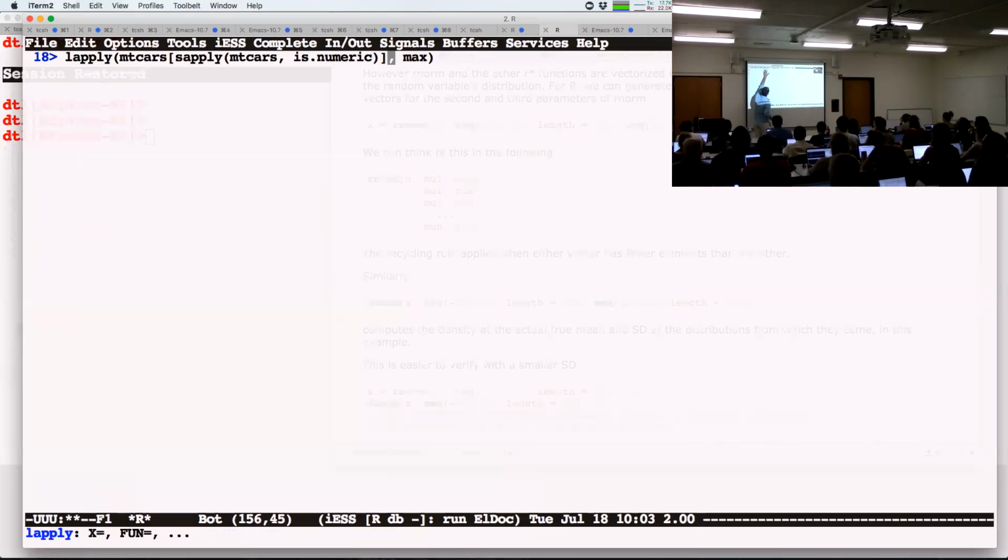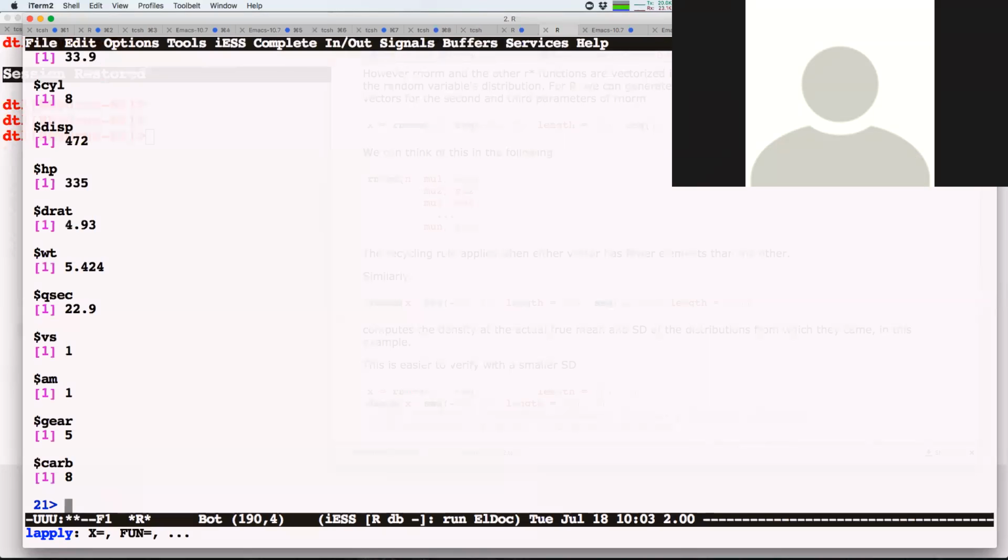So what does this do? It says go subset the columns, because remember, this is a list, so I only need one dimension. I can put in two if I want, but it doesn't matter. It identifies these guys. is.numeric says true or false, depending on whether it's a logical or a numeric vector. If you type this, it will do its thing, and I won't get the last one back.